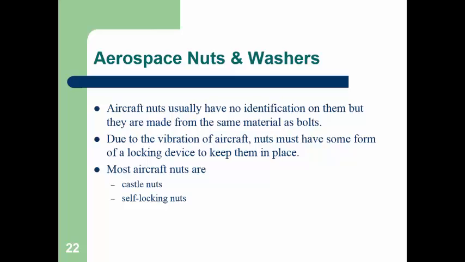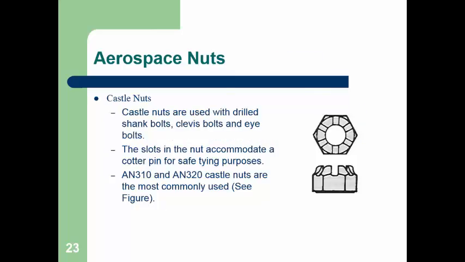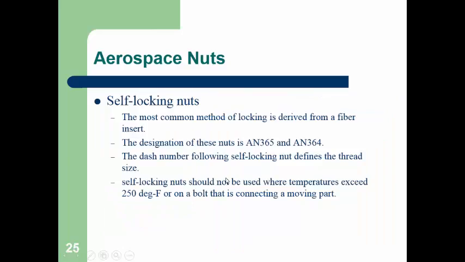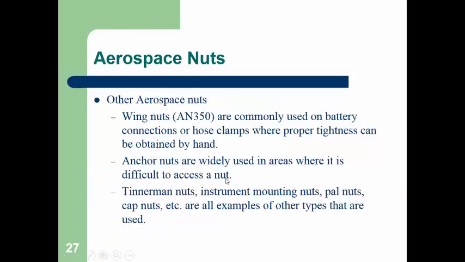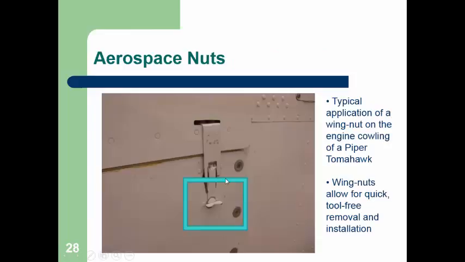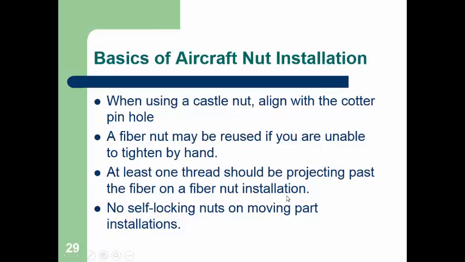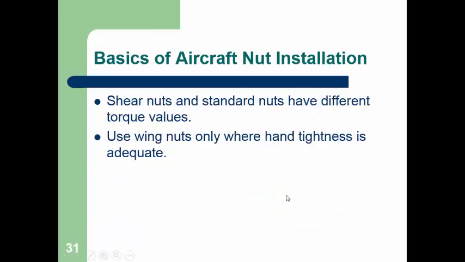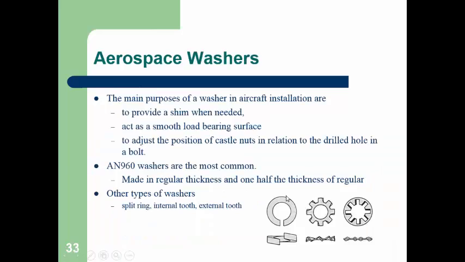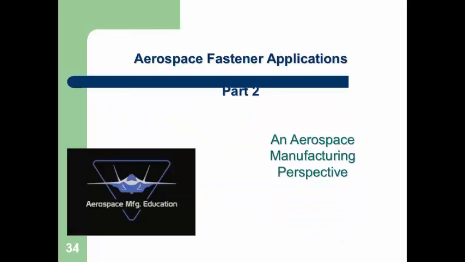Torquing bolts, installation, nuts and washers, different types of nuts. For instance, castle nuts are not only used in aerospace, they're used in automotive applications also. Self-locking nuts, washers, wing nuts,